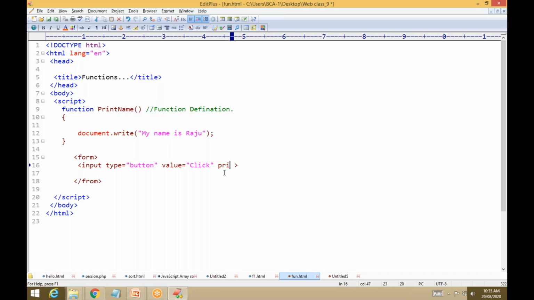The print name, just copy this one and paste print name within double quotes. Then equal to, there is an attribute called onclick. When you click that button, that calls print name. Then close the input tag, then save.